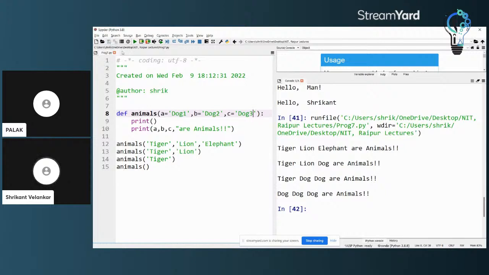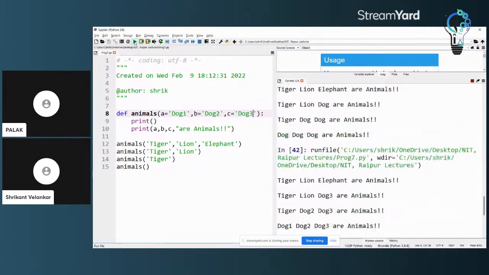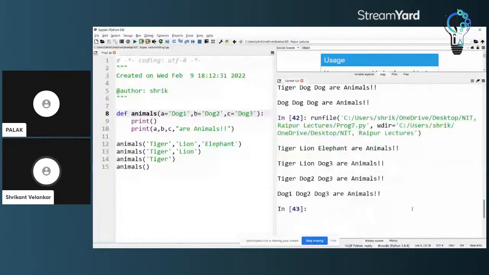and we will execute this once more, and you will see that it says tiger, lion, dog 3. So the first two passing parameters were replaced by actual values in the second case. The first case is of course straightforward. In the third case, because only one parameter was passed, it was taken, and so on and so forth.